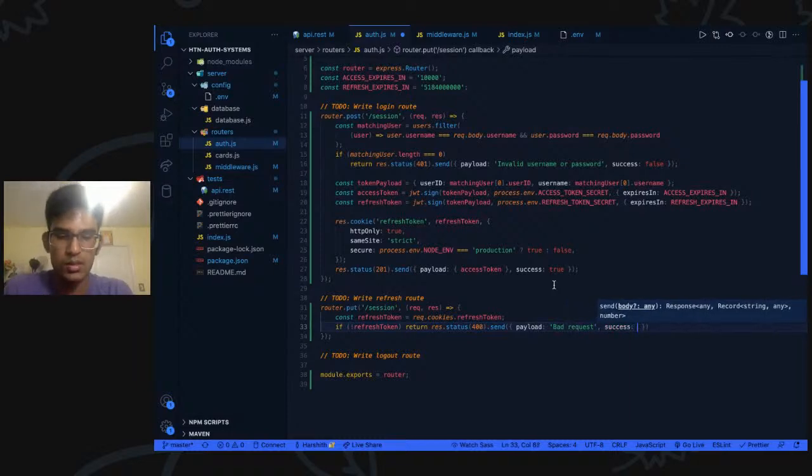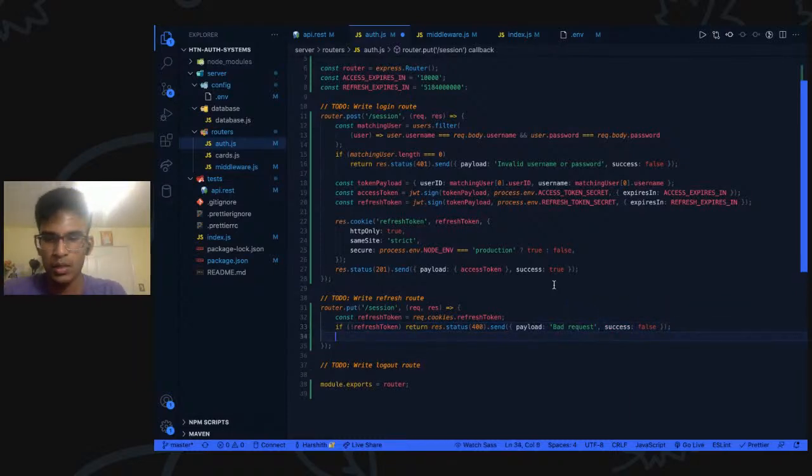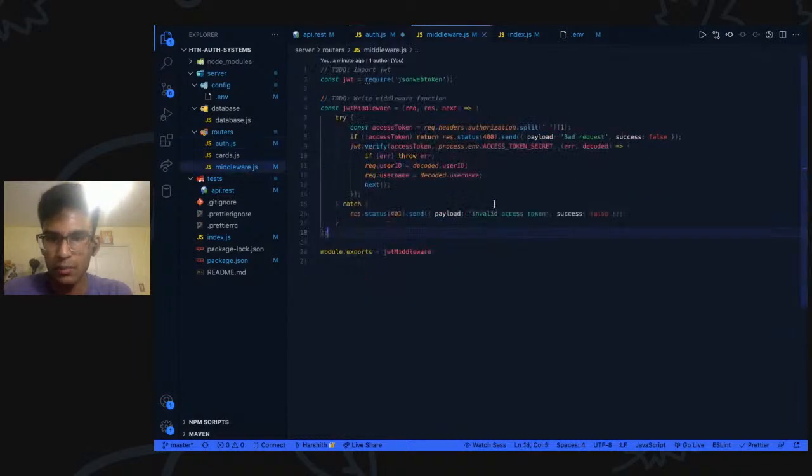And we'll say success is false because it is obviously false. So now we actually have a refresh token. We just need to verify it. I'm going to go to the middleware file, and I'm going to copy this code because, well, I'm too lazy